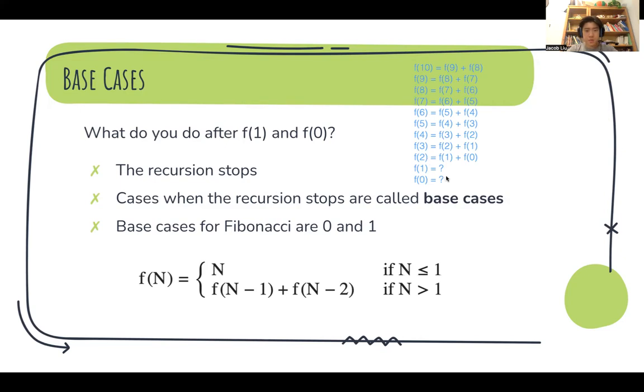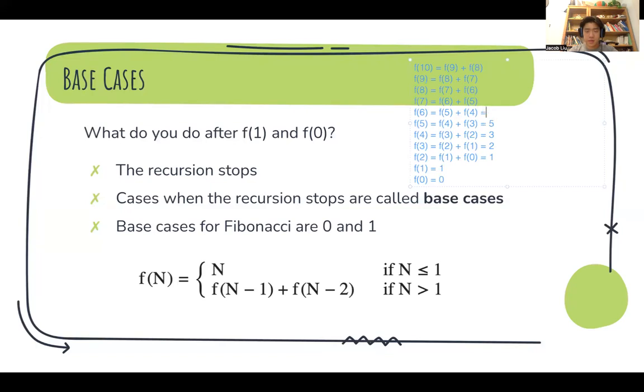So now that we know that the base cases are 0 and 1, this is the full function for the Fibonacci sequence. If n is less than or equal to 1, the answer is just n. So f of 1 is just 1, f of 0 is just 0. Then f of 2 is 1 plus 0, which is 1, f of 3 is 1 plus 1, which is 2, f of 4 is 2 plus 1, f of 5 is 3 plus 2,